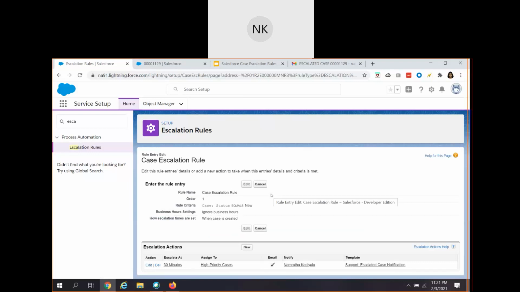So once you have a case created in your organization, and if the status of the case is still new, even after 30 minutes of the case created, case escalation rules get fired, and it sends out a notification to your manager, as we have defined those five users' email addresses, and also the case gets reassigned to the high priority cases queue, and it will also notify the case owner saying that the case has been moved from your queue to the high priority cases queue. So that is the end-to-end business use case that we have implemented using the case escalation rule.